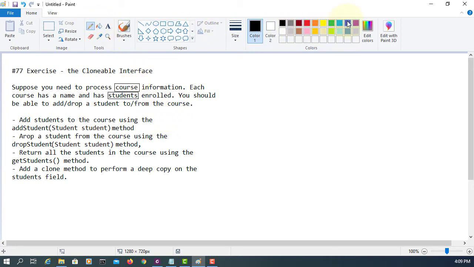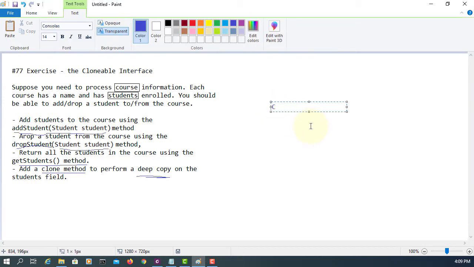For methods, we have addStudents, then dropStudents, and then getStudents. Also, we are using the clone method to perform a deep copy on the students field. That means student can be a class, also that is a data field for course. Okay. So we have a course class, with a course name,